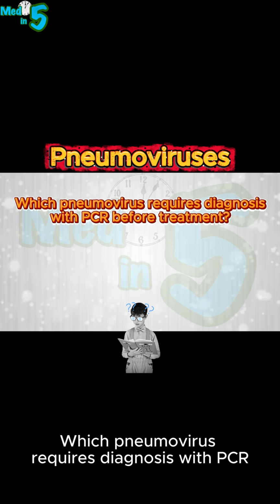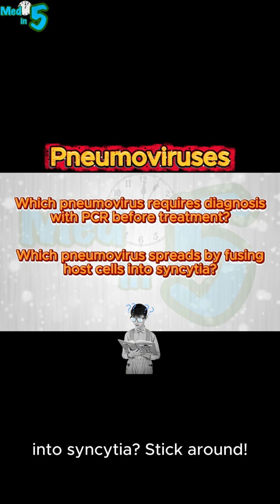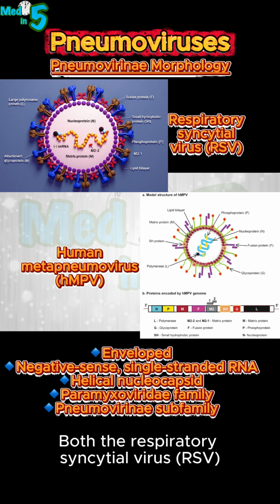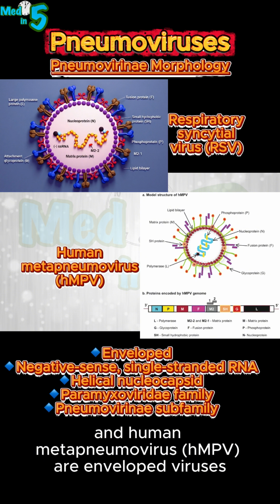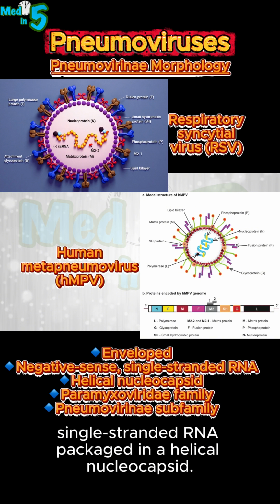Which pneumovirus requires diagnosis with PCR before treatment? Which pneumovirus spreads by fusing host cells into syncytia? Stick around. Both the Respiratory Syncytial Virus and Human Metapneumovirus are enveloped viruses with negative sense, single-stranded RNA packaged in